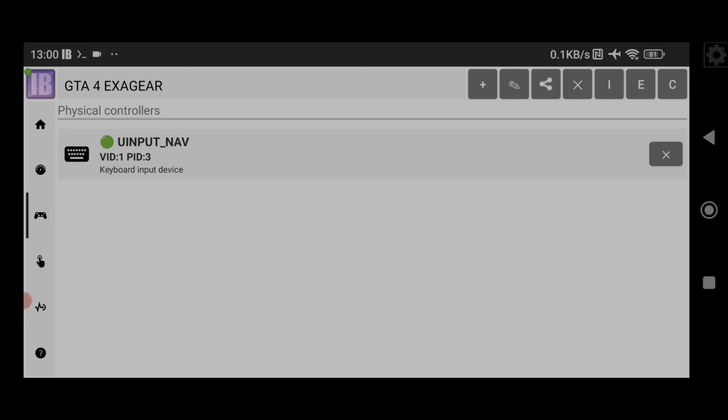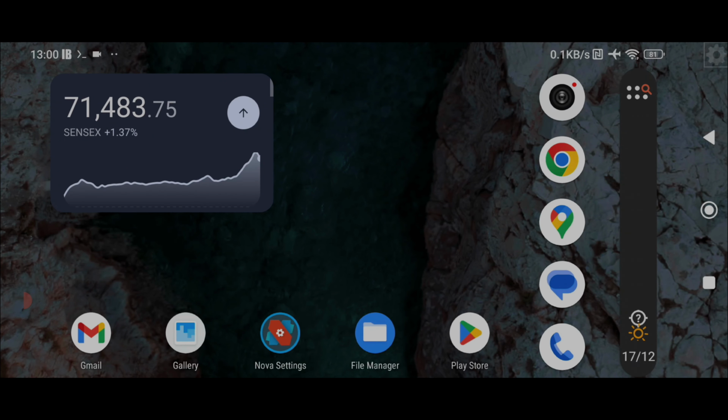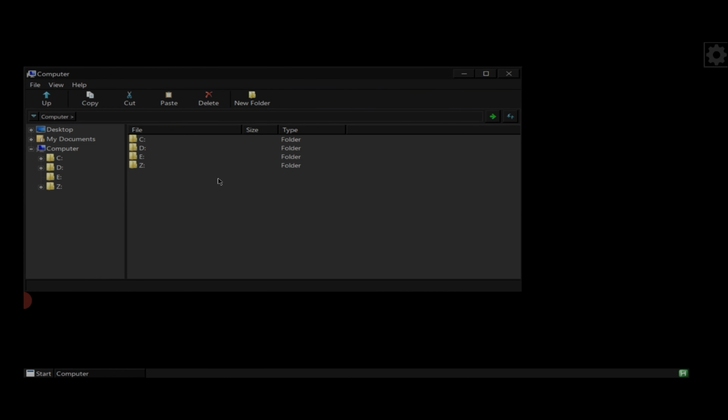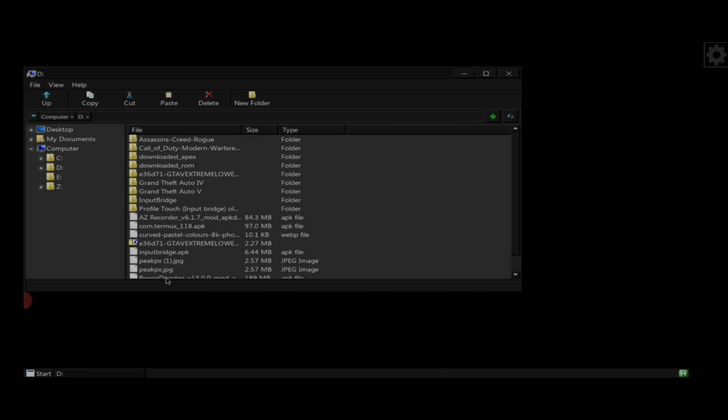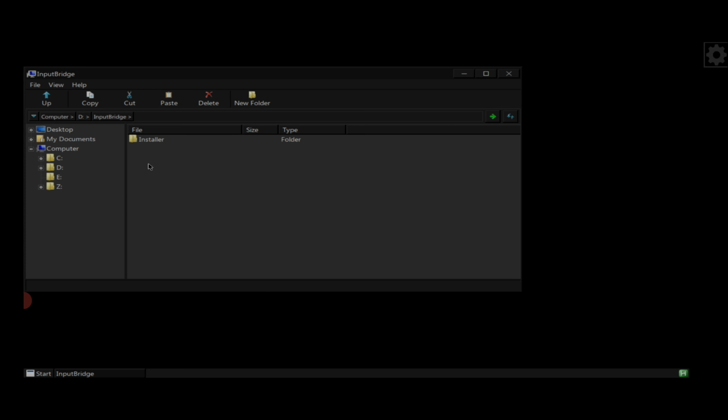One thing you have to make sure of: if you are installing input bridge for the first time, you have to have the installation folder of the input bridge, which you will find in the download folders. You can see in the D drive I have the input bridge folder, and inside it I have the installer folder. To get this installer folder, you have to go to the input bridge